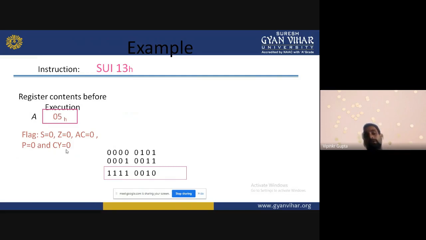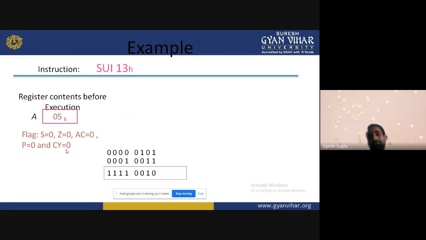And these are the flag values before starting the program. So what we are doing? We are subtracting these numbers. It is subtraction without borrow. This instruction means it is subtracted without borrow. If the carry flag has 1 or 0, it does not matter. Suppose that here it is placed as 1, then the same procedure we can follow. We cannot affect it. Its value will change, but we do not bother about the carry flag.